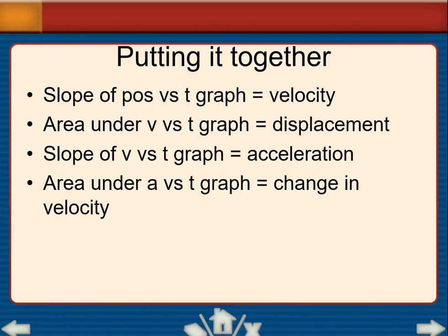Okay, so jumping to graphs. A little refresher on your graphs. If you have a position versus time graph, the slope of that is your velocity. Okay. When you make a velocity versus time graph, the area under the velocity versus time graph is your displacement. You can find that by taking, if it's a rectangle, base times height, if it's a right triangle, 1/2 base times height. The slope of that velocity versus time graph is your